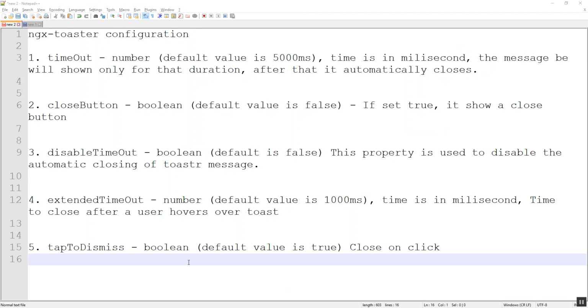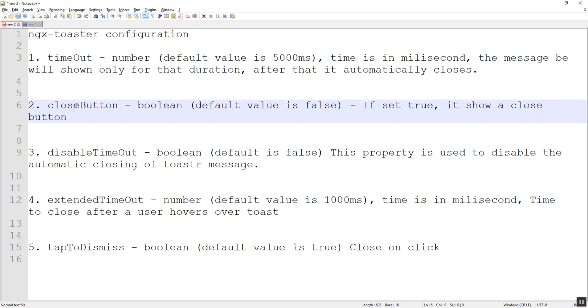I hope all the 5 properties that we discussed are clear. Let's revisit once again. The timeout property determines how long the message has to be displayed. Close button, the default value is false. If we set that to true, there will be a close button, and on clicking the close button, the message closes.